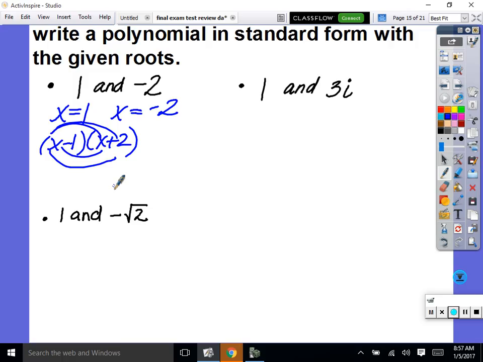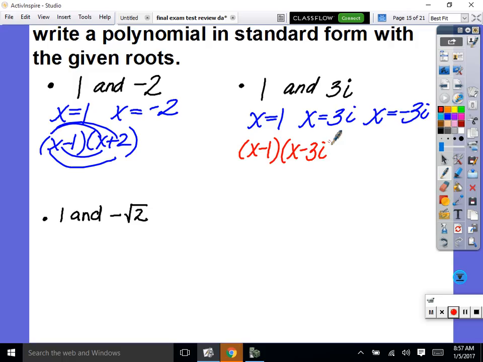Okay, everybody, we have x equals 1 and x equals 3i as a solution. Any other solutions? Even though it wasn't given, what else is a solution? Negative 3i. So now we have to actually write the polynomial in standard form. So we're going to work backwards. So we'd subtract 1, x minus 1, correct? We would subtract 3i, x minus 3i. We would add 3i, so that's x plus 3i. And now when we multiply this together,